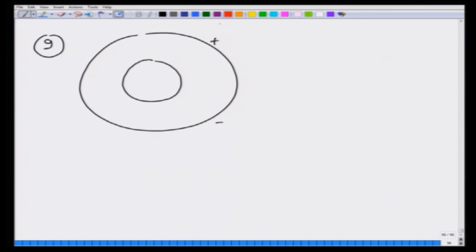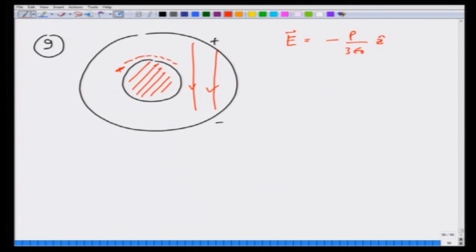This charge I know gives me an electric field in the opposite direction, E, which is going to be minus P over 3 epsilon 0 z. What about field due to the inner cavity? The inner cavity has a charge which is negative on the upper side and positive on the lower side. So, it has a dipole moment going down,